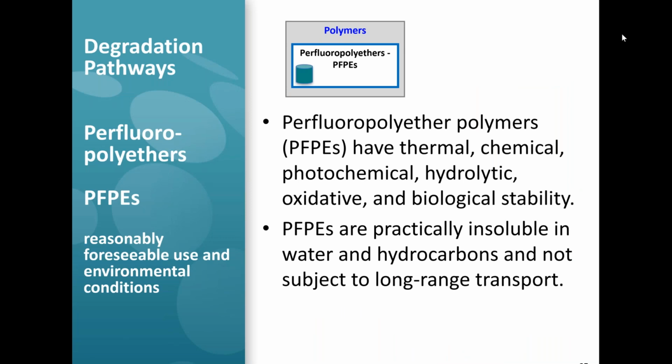This is, again, maybe a bit of a repeat from before, too. The perfluoropolyether polymers, not the oligomers, those are much smaller molecules that have poly functionality on them, but the perfluoropolyether polymers have very similar properties to the fluoropolymers. They are just rock solid stable as long as they're not heated above their thermal decomposition temperature. They're not water soluble, they're not soluble in any hydrocarbons, and as a result, they really can't move around the environment because they don't have a means by which to do that. They're not volatile. They have incredible thermal, chemical, photolytical stability.